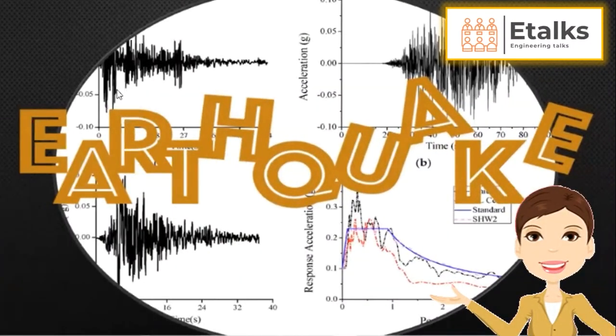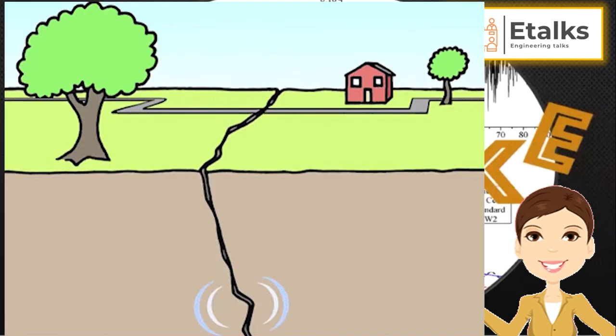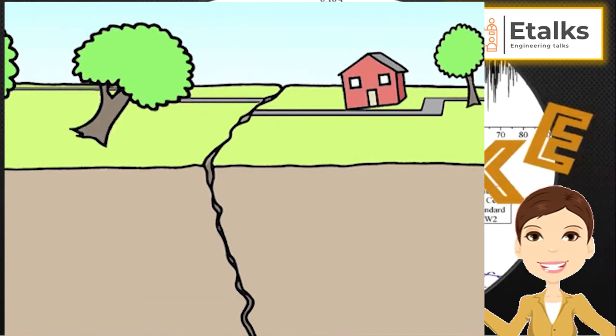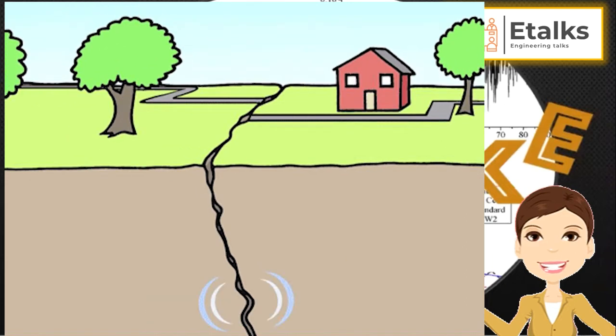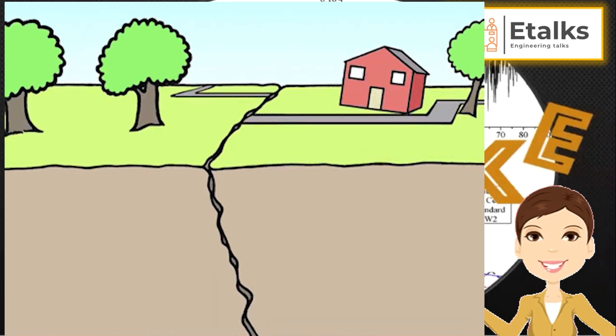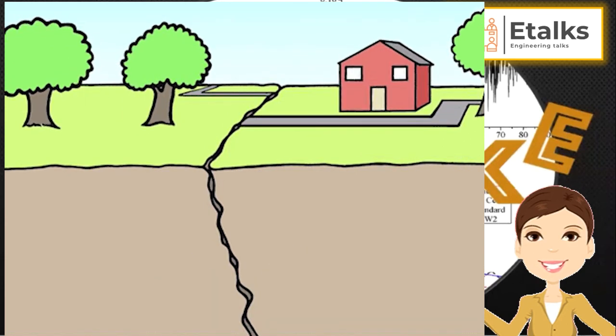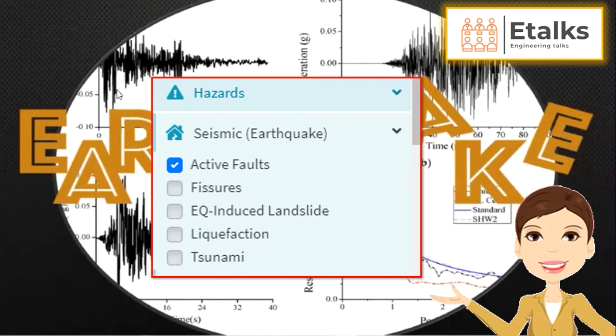Seismic/earthquake hazards. Earthquakes are usually caused when rock underground suddenly breaks along a fault. This sudden release of energy causes the seismic waves that make the ground shake. During the earthquake and afterward, the plates or blocks of rock start moving, and they continue to move until they get stuck again. Under seismic/earthquake hazards are active faults, fissures,